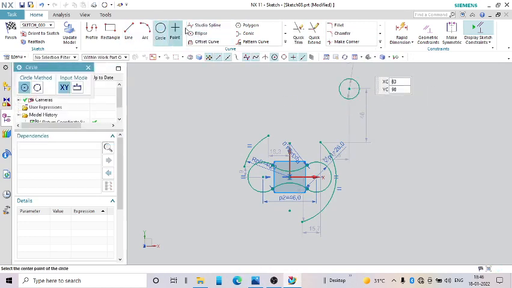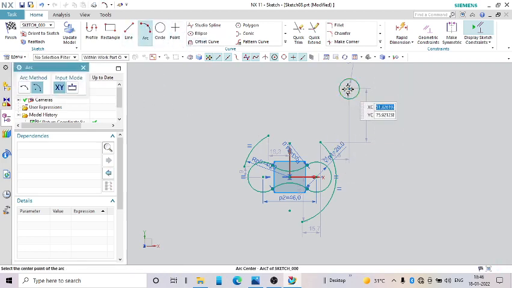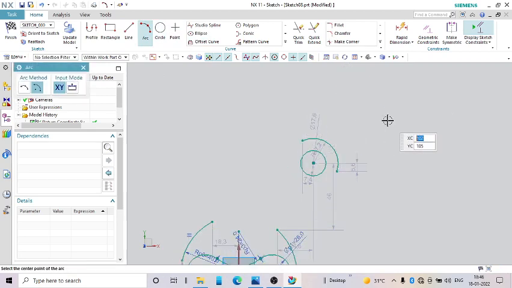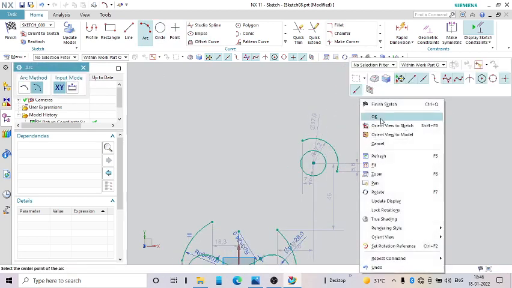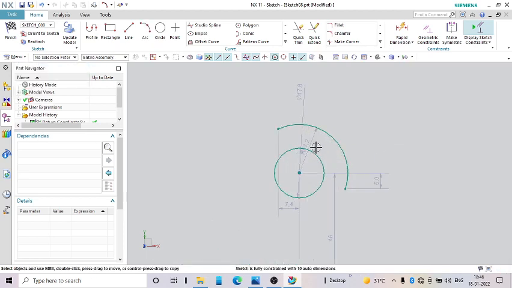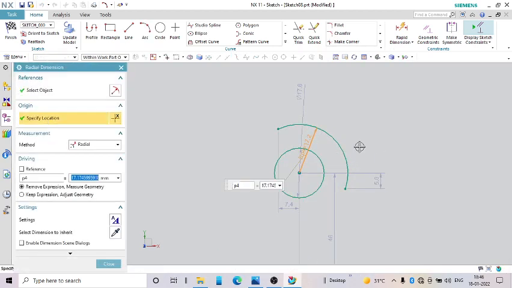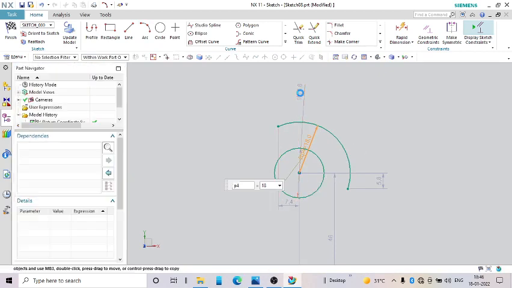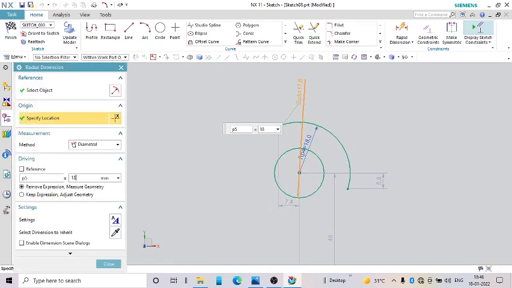Dia 18, arc R18. Okay. So this is R18 and this one is dia 18. Okay.